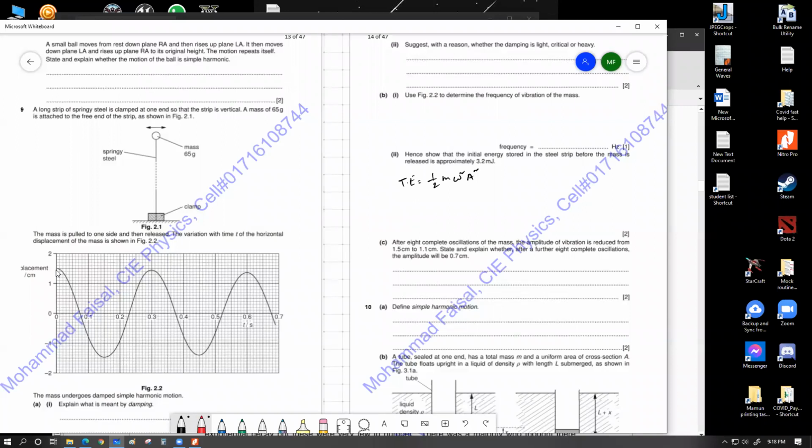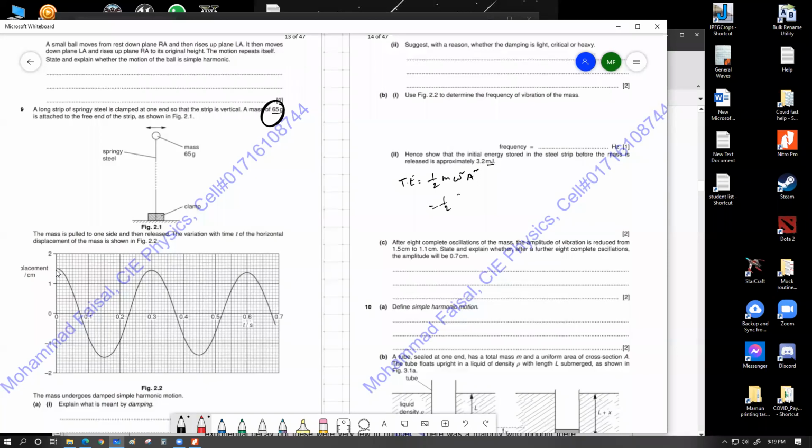Now you have to replace all of these values over here. m is the mass of the object, which is 65 gram. The question is asking for the answer in millijoule. So I would actually prefer to write everything in SI units and finally use 10 to the power minus 3 to get millijoule. But if you can do it in your head, you could place this as 65, which is basically gram, so you have 10 to the power minus 3 built in within that value placement. You can also do that, no big deal.